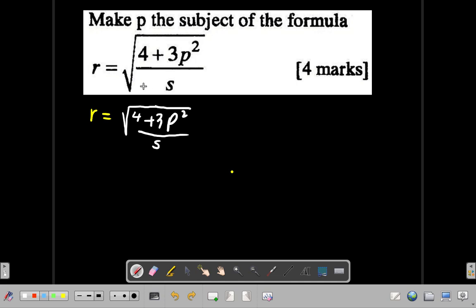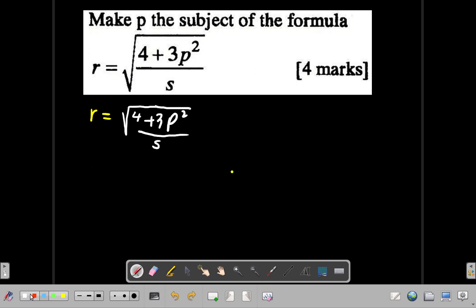So how do you remove the square root sign? You square both sides. When you square the right hand side, the square root sign will disappear and leave the right hand side untouched. But of course, if you square the right, you must square the left as well. So what you have,